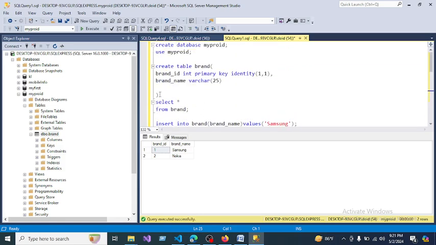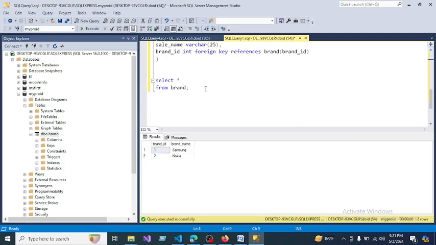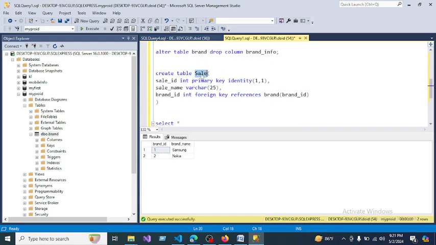Look at this, this is the table that I have created before, and this is the table name brand. There are only two fields: brand ID, which is the primary key for this table, and I have declared a column name brand name, which is varchar and size 25, but I want to use this ID in another table. Okay, so the other table is sell, where I have declared sell ID and sell name,